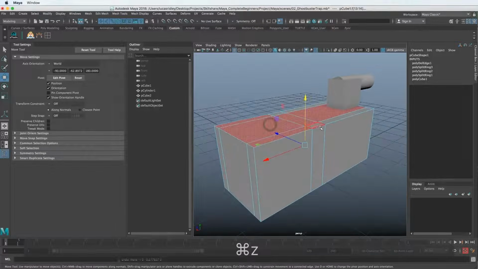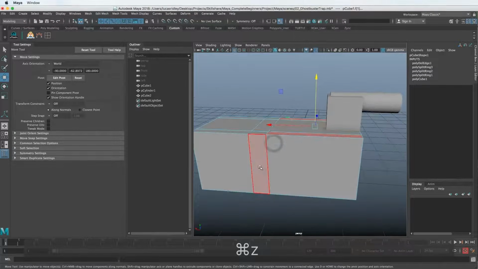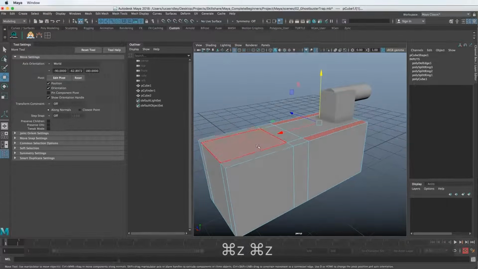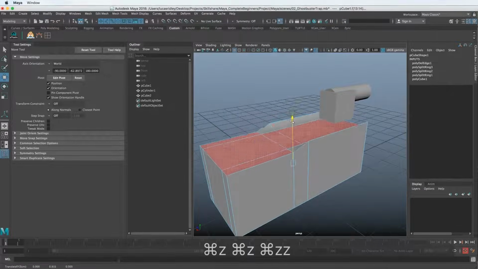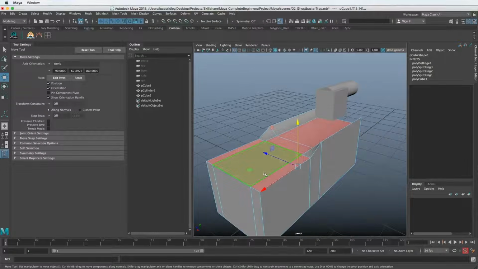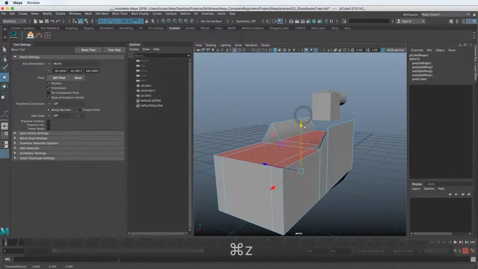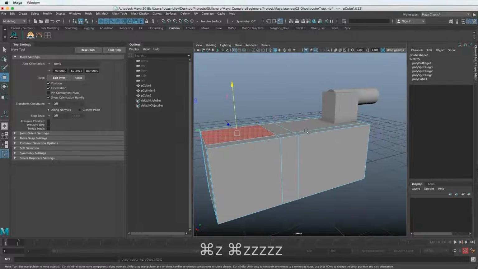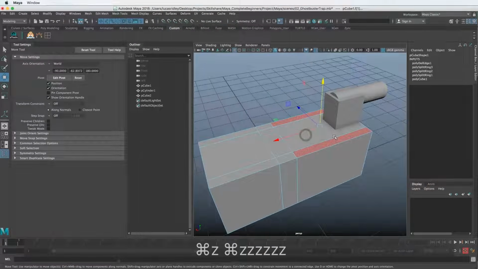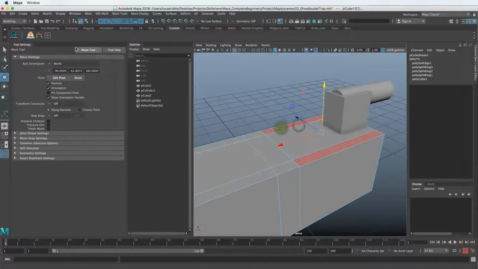And there's a bunch of different ways you could go about doing this. We could actually just select these two and extrude those up, which is probably the easiest thing to do. So let's go ahead and do that. Conversely, you could extrude everything else down, like I had selected earlier. And the other fun thing you can notice about Maya, as I'm undoing, it's reloading in the last selections. So it includes that in its undo history, which is kind of nice. So we could extrude these down, or we could just extrude these two sections up. Let's go this method because it's the fewer things that we have to do, which is always good in 3D. So let's extrude these up.